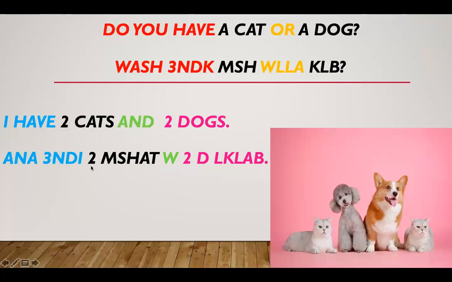أنا عندي جوج مشات. Number 2 is جوج. أنا عندي جوج مشات وجوج الكلاب. The "ل" is like "of", the short form. مزيان. أنا عندي whatever number you want to put over here, and I just put 2 over here to use the plural. So مش is one cat, مشات is cats. كلاب is plural. الكلاب, this is just the definite article. كلب is one dog. كلاب is many dogs.